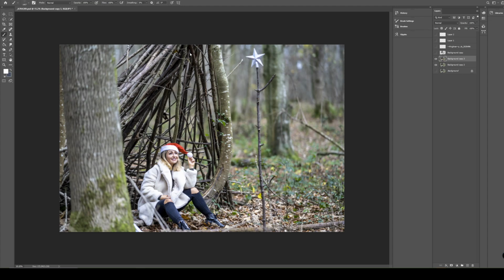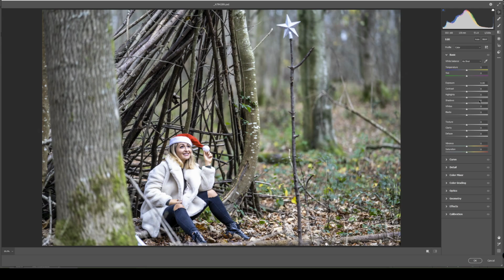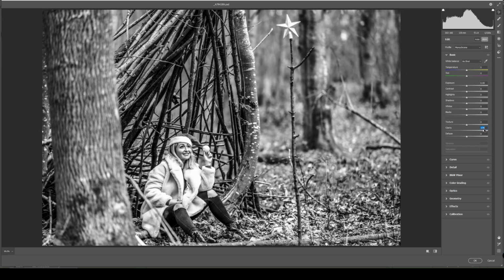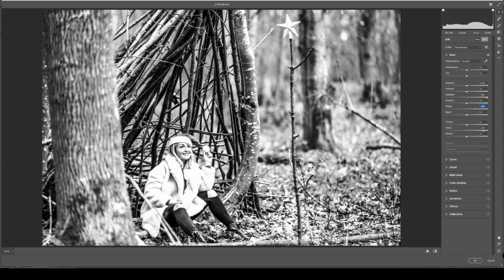camera raw filter, which is basically like when you're processing RAWs. And now we've got all the control scheme. I'm going to go black and white, but I'm also going to turn the clarity up, which brings out all the textures of the woods and stuff, which is what I want. But then we also start, and don't worry about Kimberly at all, the model, but basically we're going to turn up the whites. So now we're getting an overexposed sort of look to a lot of things, and also